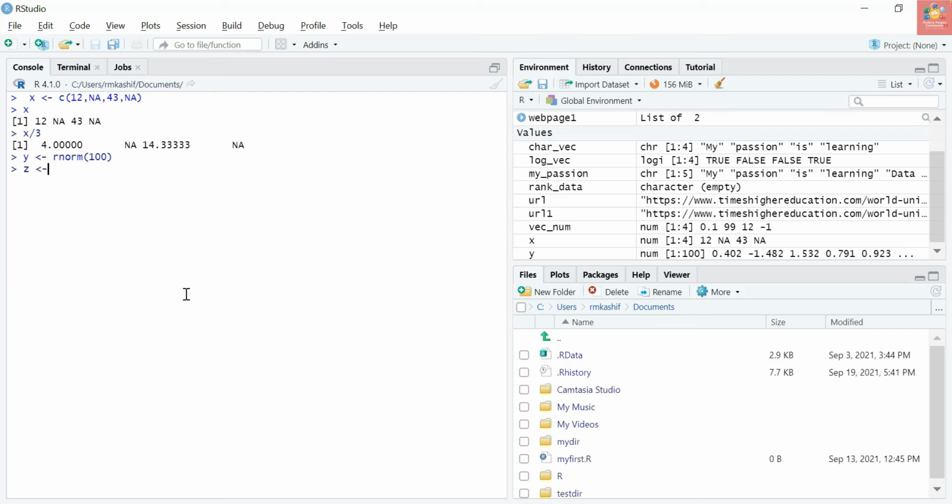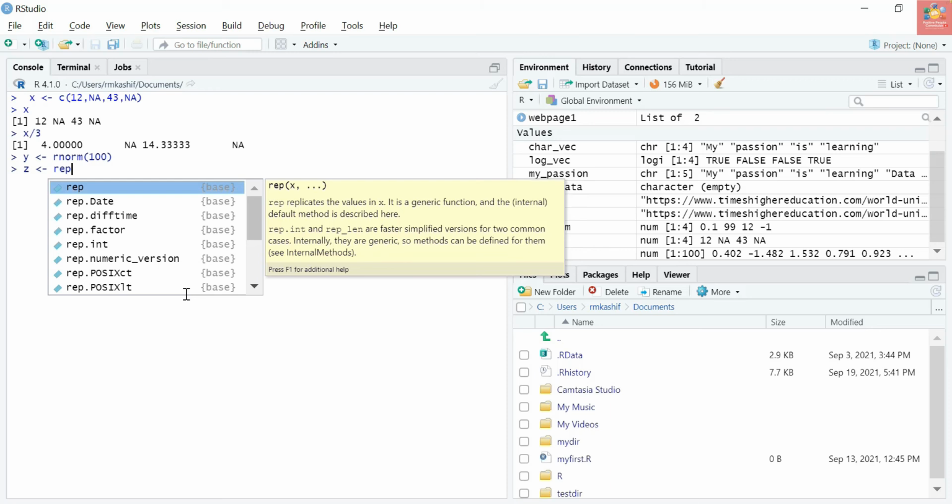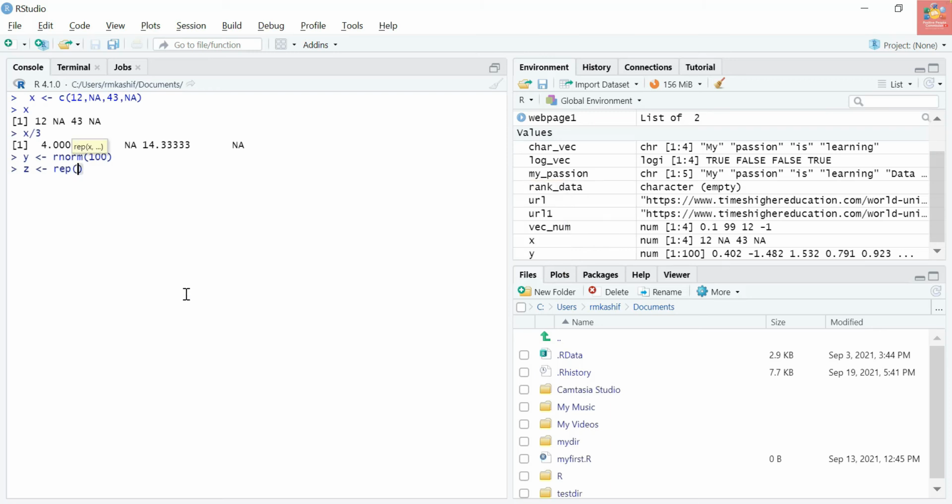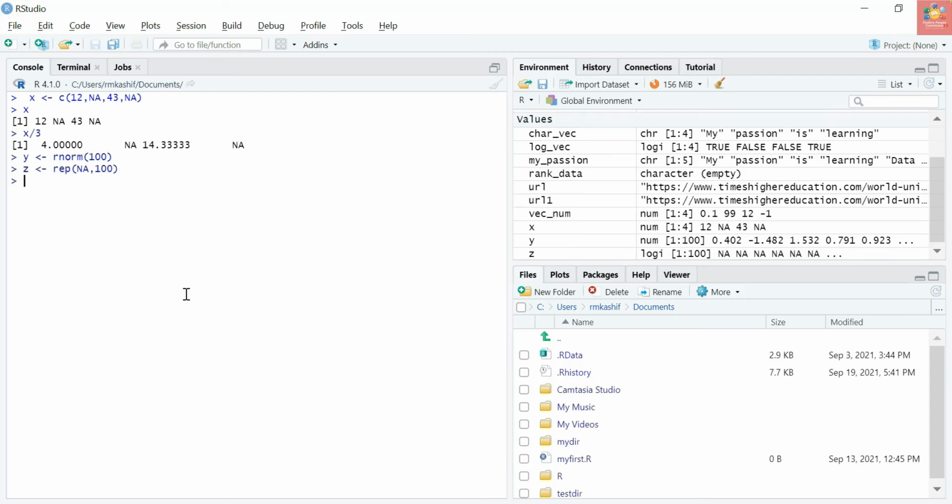As we have learned in the previous episode how we can generate a sequence using rep, we will generate NA 100 times. And now let's select 50 elements at random from these 200 values combined, such that we don't know how many NAs will come up in our vector.